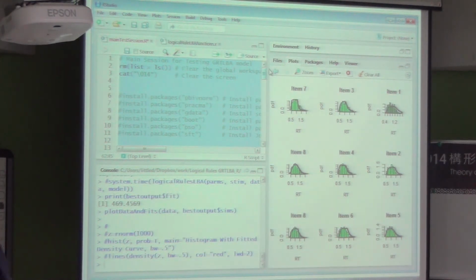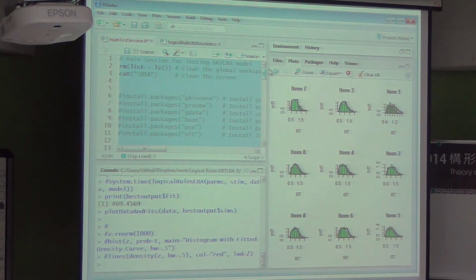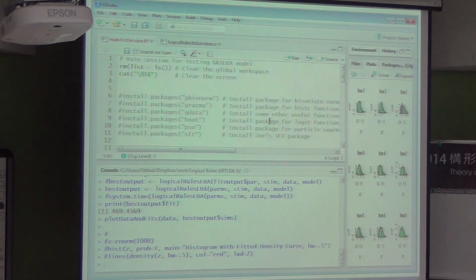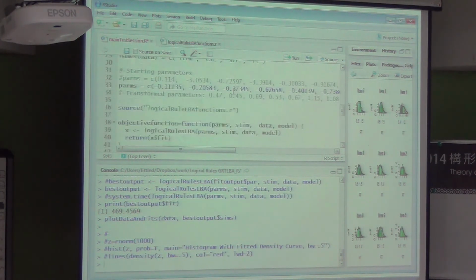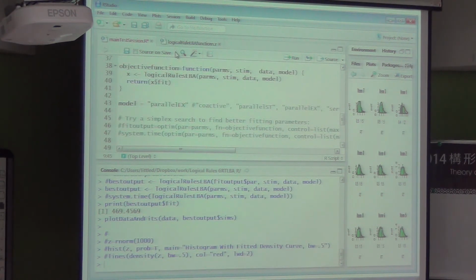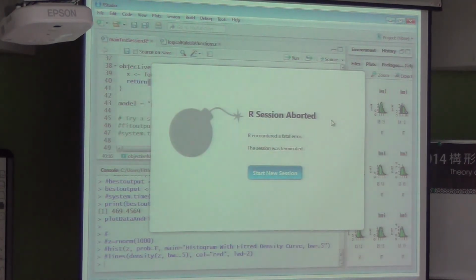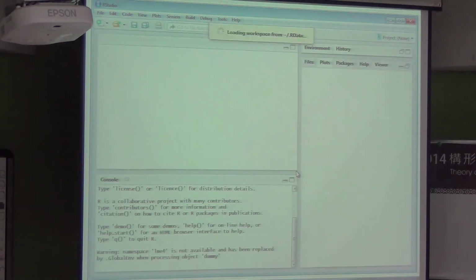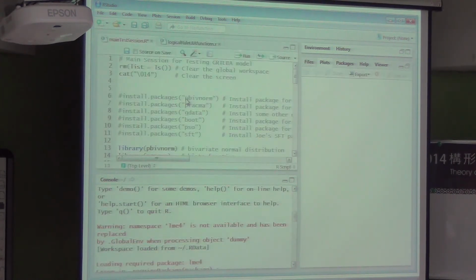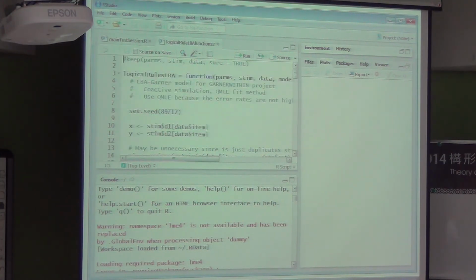Two questions. The first one is a clarification question. Could you explain how many parameters there are in each model, and what these are? Great question. I skipped over that. Yes, I apologize for that. And the second one is, how do we simulate a mixture model between serial and parallel models? My R session aborted itself, but it brought itself back, so if I can get in here, I can show you the parameters.